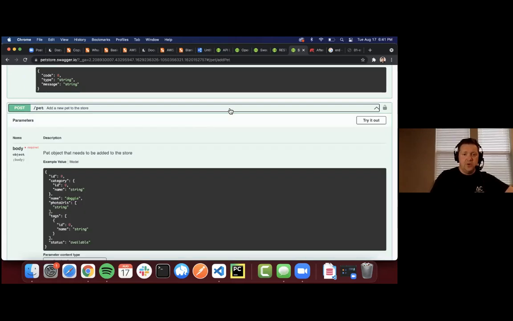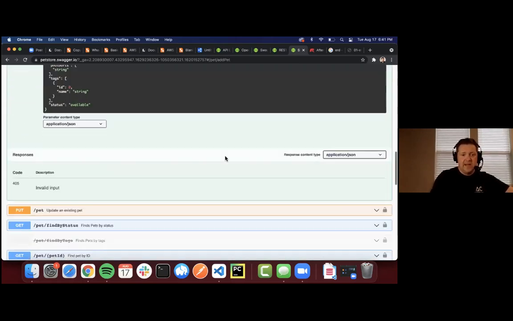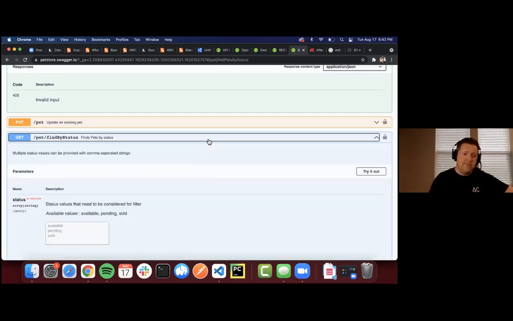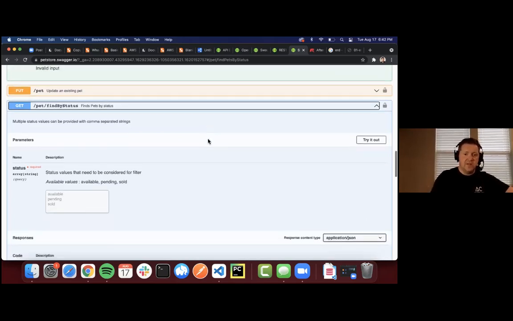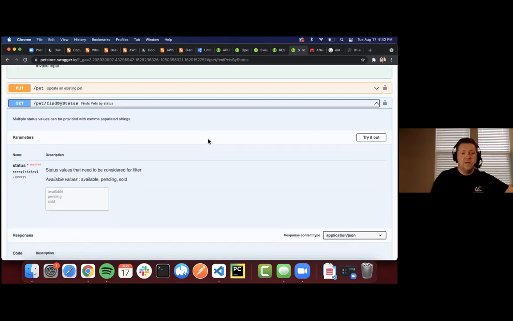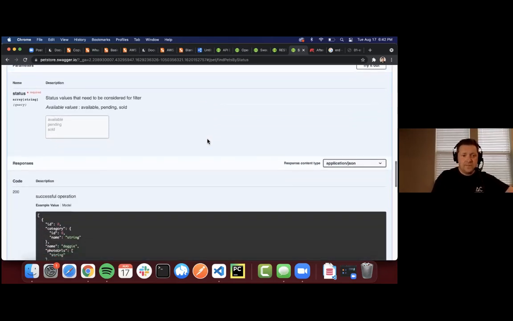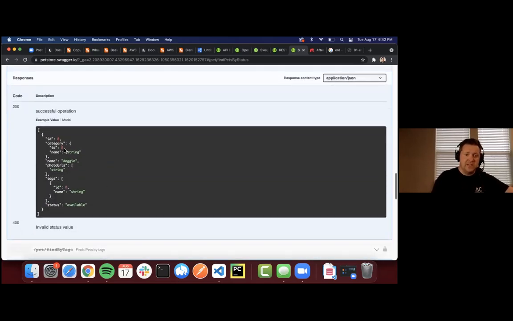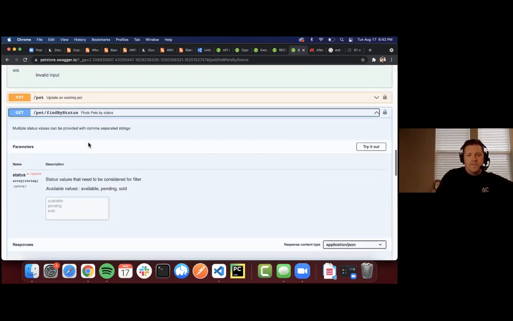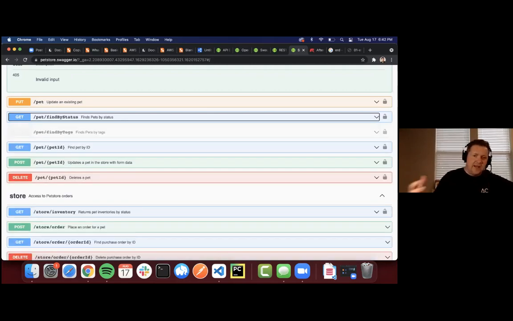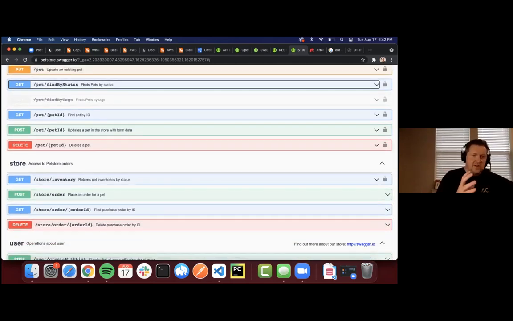And what would be cool is I could hand this to somebody and say, hey, I want you to go create a get endpoint for pets that gives the API caller the ability to find a pet by status. And if I were to hand this to you and say, here's the 3 available statuses, and this is what it should return, here's the data structure it should return, you as a developer would be like, oh, I have a good idea of what I'm going to create. I know exactly what the input's going to be and what the output is going to be. And so Swagger Docs, Swagger UI, this OpenAPI documentation style is essentially a consolidation of a great way to